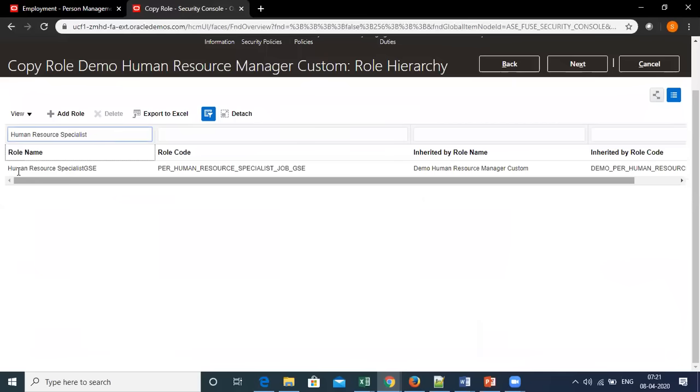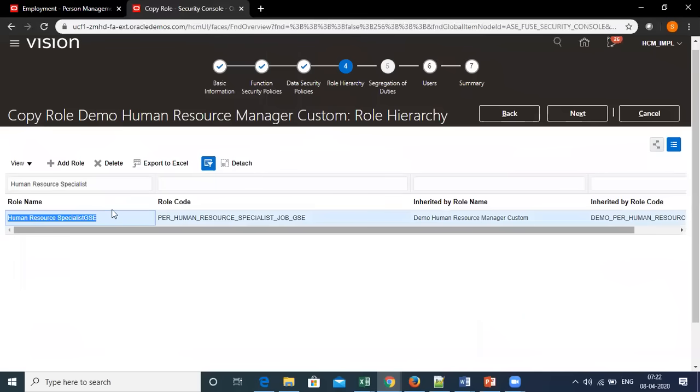As we see, human resource specialist GSC, this role, as I said, is created because we copied the seeded role. It is creating another copy of another seeded role, and it is inherited directly by demo HR human resource manager custom, this role. This role is available in the human resource manager role. Let's say I am moving forward